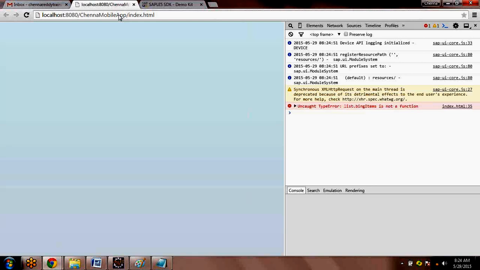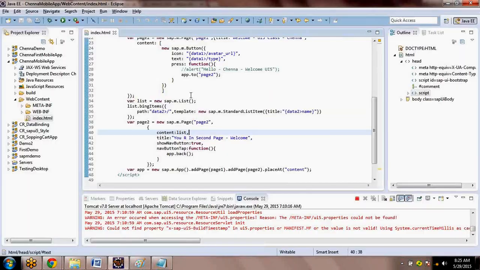List.bind items is not a function, at line number 30. So there is something called list.bindItems.